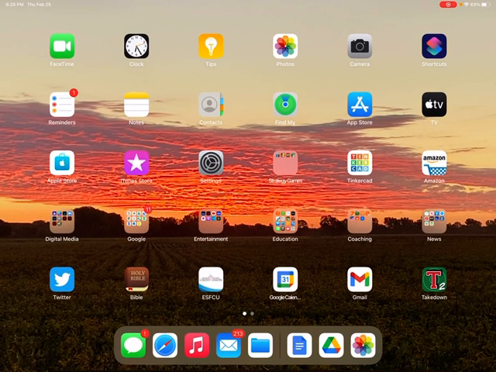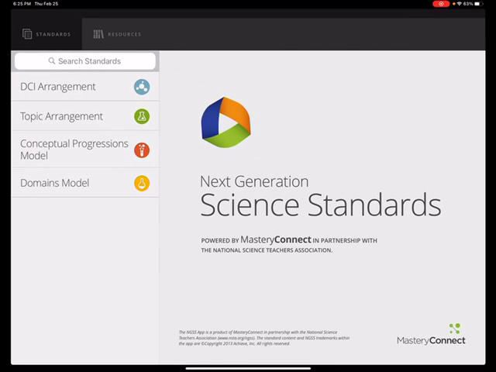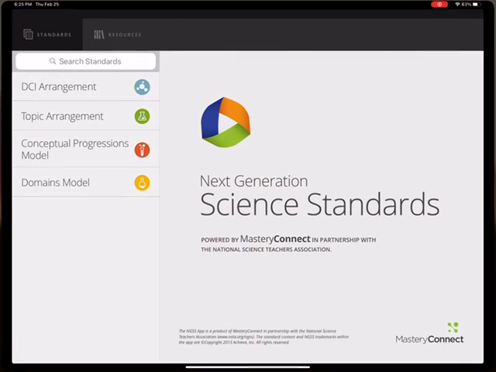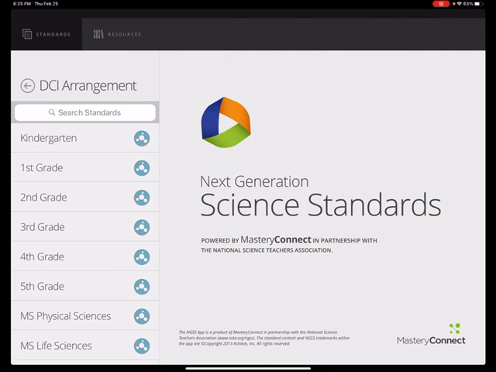But what I want to spend the bulk of the rest of our time talking about is the standards app. And so let me go back and show you that again. So the NGSS app, and this is what it looks like, this orange one right here. And the NGSS app, I think, is a great tool because you can go through and we can look at